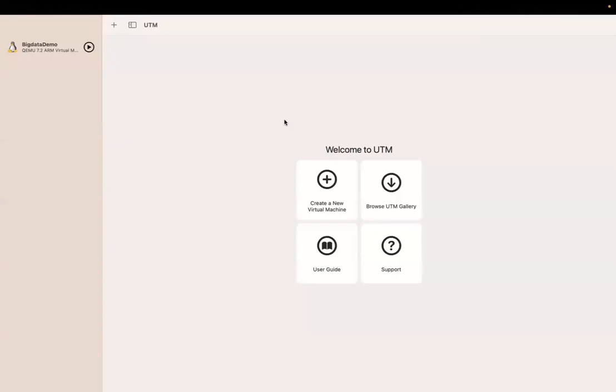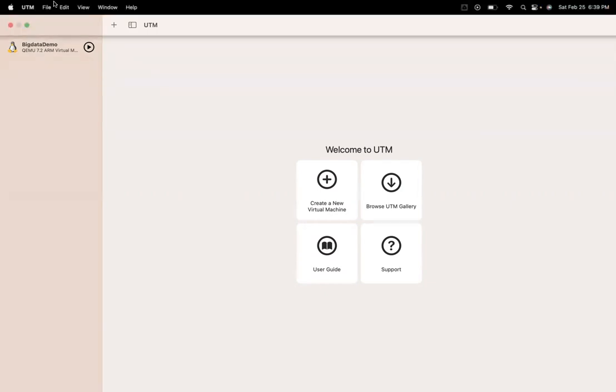Hey guys, welcome back. So today I'm going to show you how to set up a virtual machine and install Hadoop services and be able to perform all the Hadoop related commands on Mac systems. Basically, in M1 and M2 chip, the process remains the same. For that, we need to be pretty careful, so I'll start with the process of creating